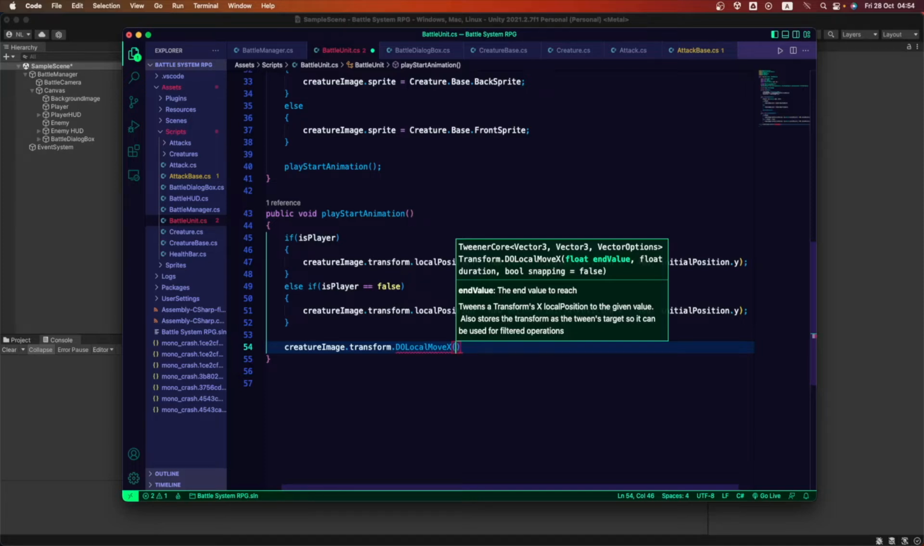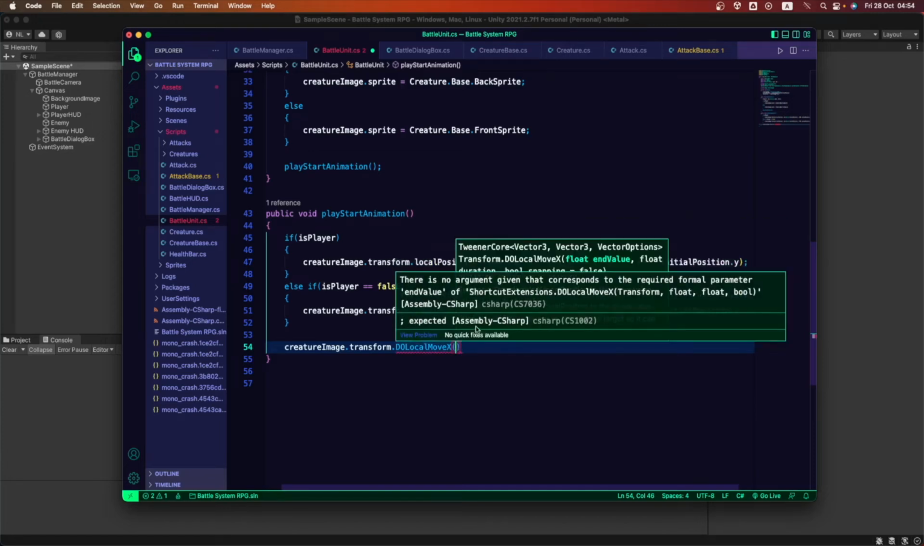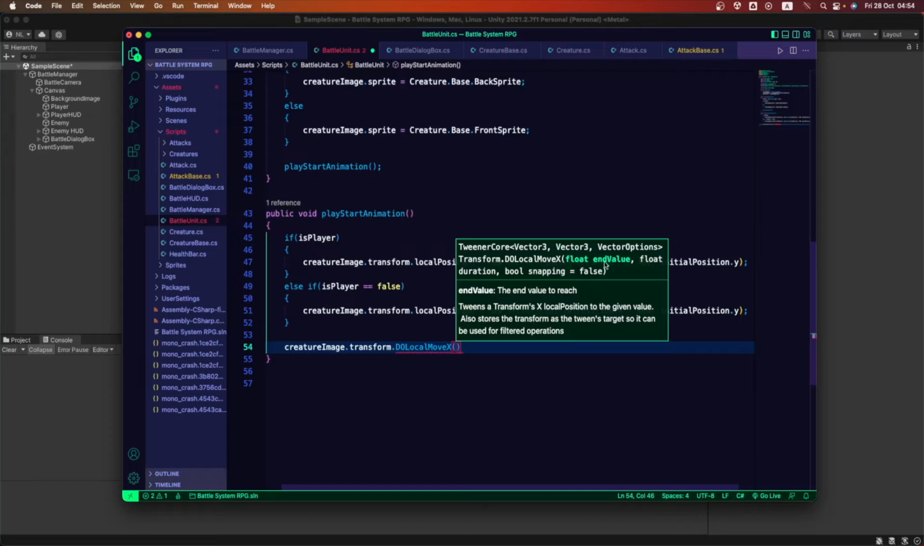Okay, so it's saying that we can add inside of it a float, which is the end value, which is gonna be the end value of this animation. Our end value is gonna be initial position. Remember, we already have the initial position. We're getting it in the Awake, so we're gonna pass the initial position, and here we're gonna pass the duration